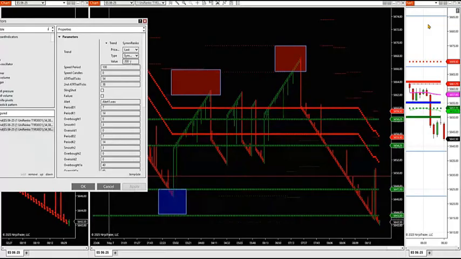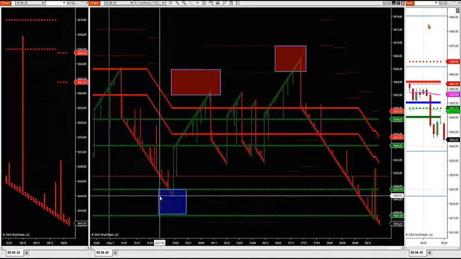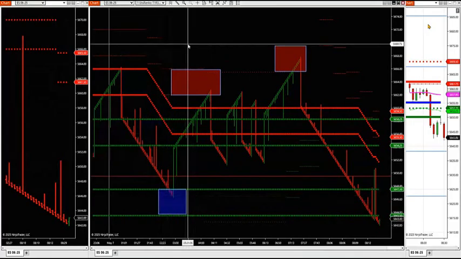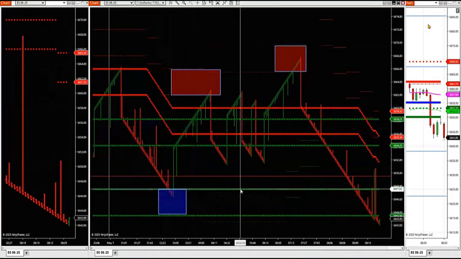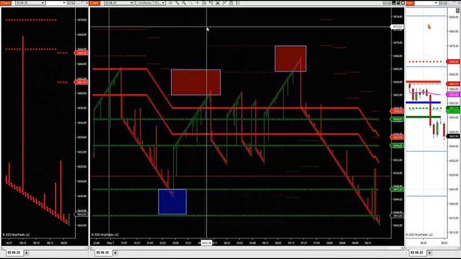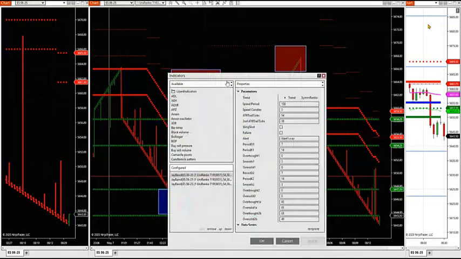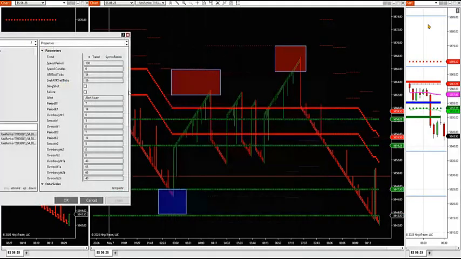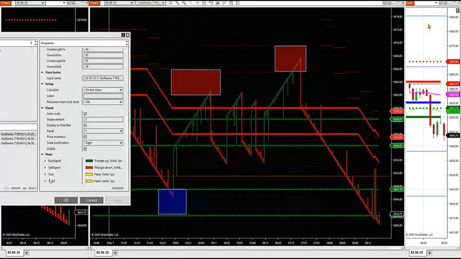Now this is key. The 100 and 200 are deep liquidity grabs. That's when the market gets really deep. These are thicker hashes. You see the thick hash line, thick hash line. If I go back into indicator and I go down into the trail and I click on it,